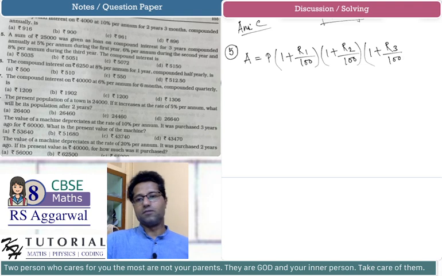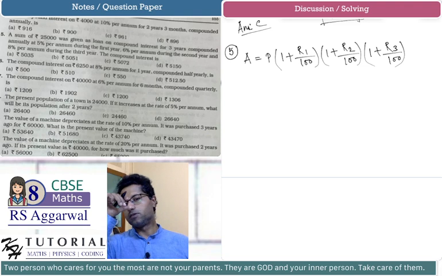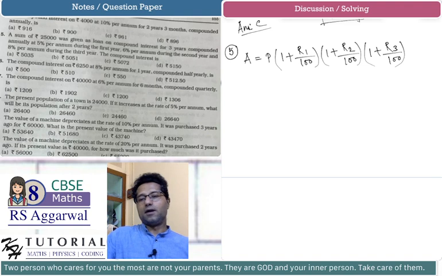So this is the general formula for amount after 3 years, where the principal is P and the interest is being compounded annually, and in the first year the rate of interest per annum is R1, in the second year it is R2, and in the third year it is R3. So using this general formula we can directly find the